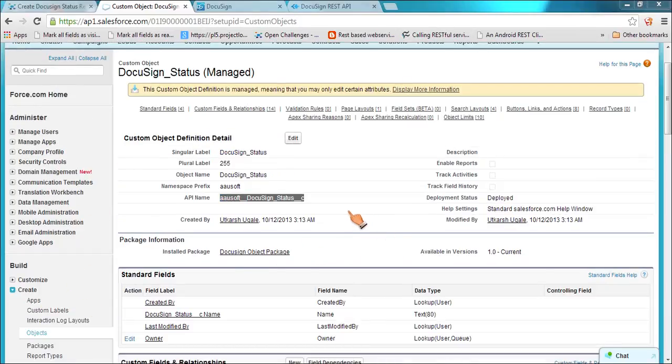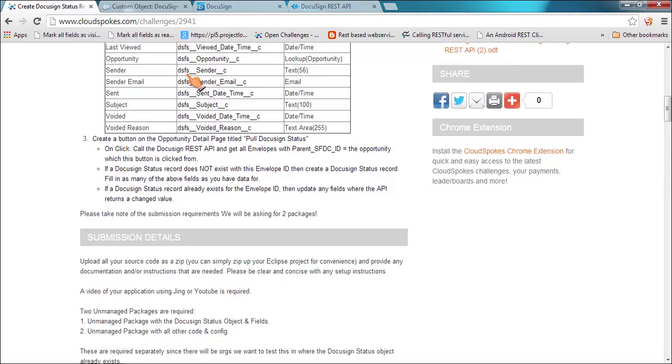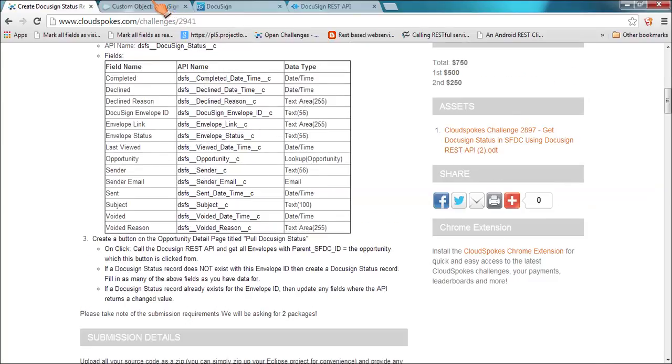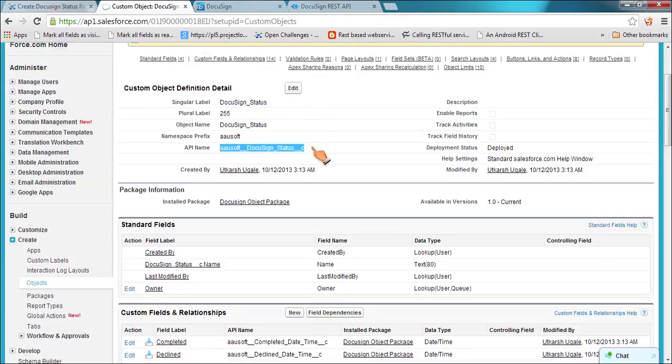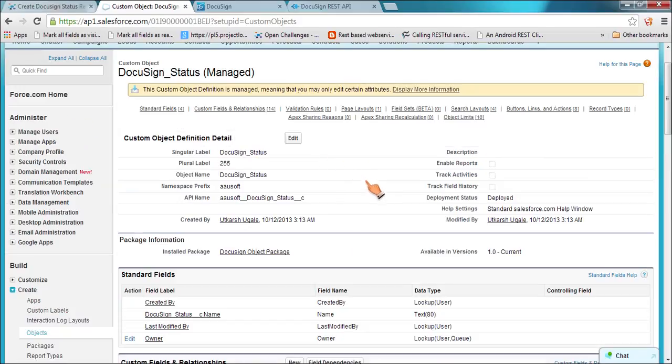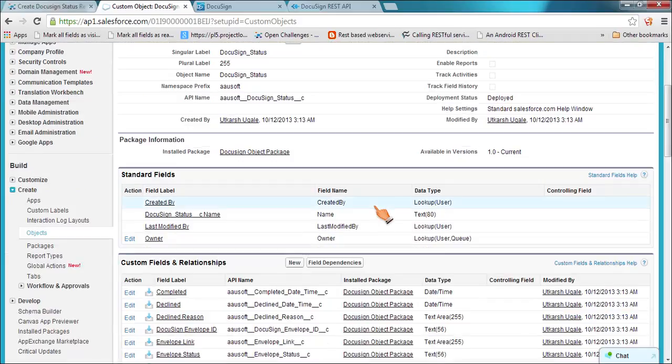If you are going to use the application with any other namespace prefix like DSFS as mentioned in the requirement, you will have one object with namespace prefix DSFS in your instance. You just need to provide the DSFS__ string as the namespace prefix in custom settings. So the unmanaged package we are going to install will work